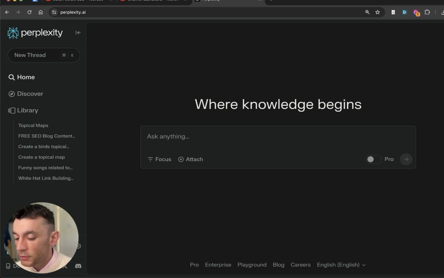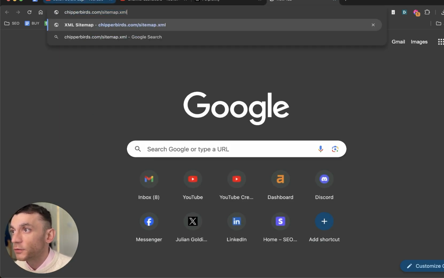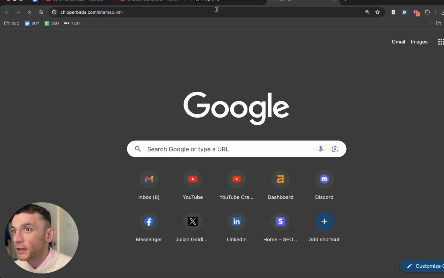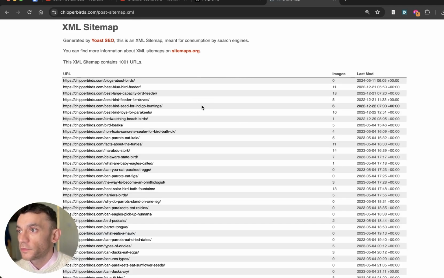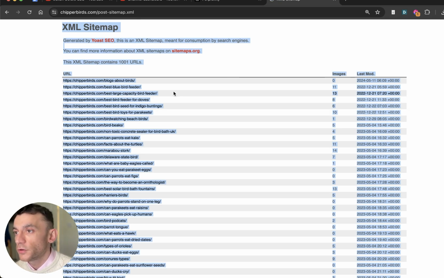Let's go. Scrape your competitor sitemap to find the best keywords to cover on your website. How do you do that? What you can do is just go to your competitor's website, for example, like chipperbirds.com/site.xml. Then from here, click on the posts, press Command and A if you're on a Mac, otherwise right click